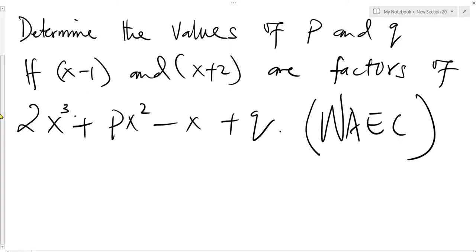Determine the value of p and q if x minus 1 and x plus 2 are factors of 2x cubed plus p x squared minus x plus q. Now, using the remainder theorem,